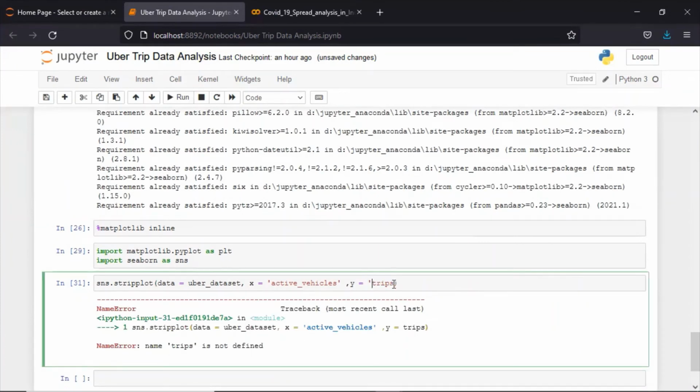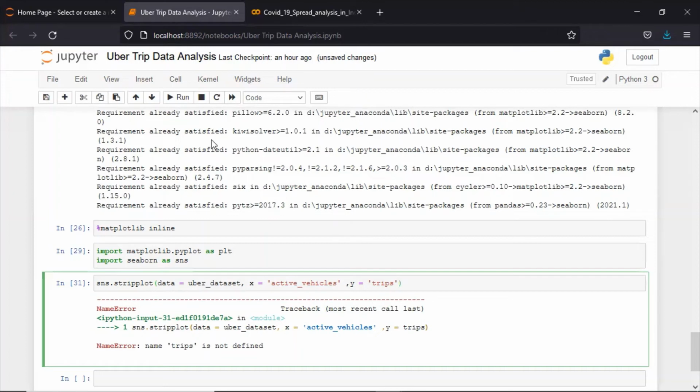You need to pass the values in single quotes. Such mistakes will help you to learn, and this mistake happens very casually when you work on a project. Don't forget to add single quotes while passing a column name. I'm plotting the strip plot between the x-axis, which will be my active vehicle column, and the y-axis, which will be my trip column of my data set.